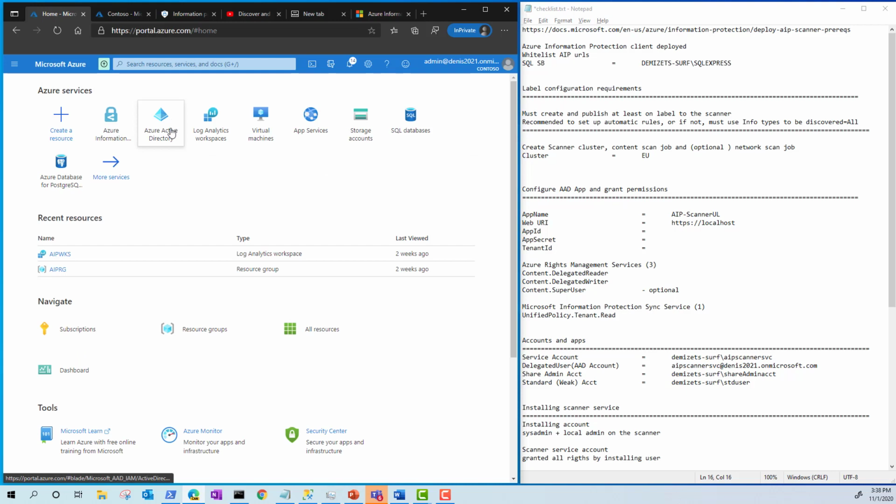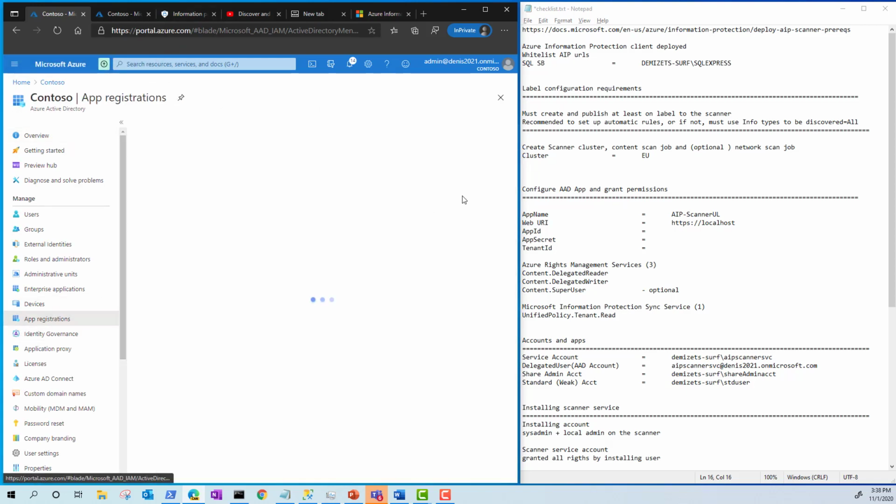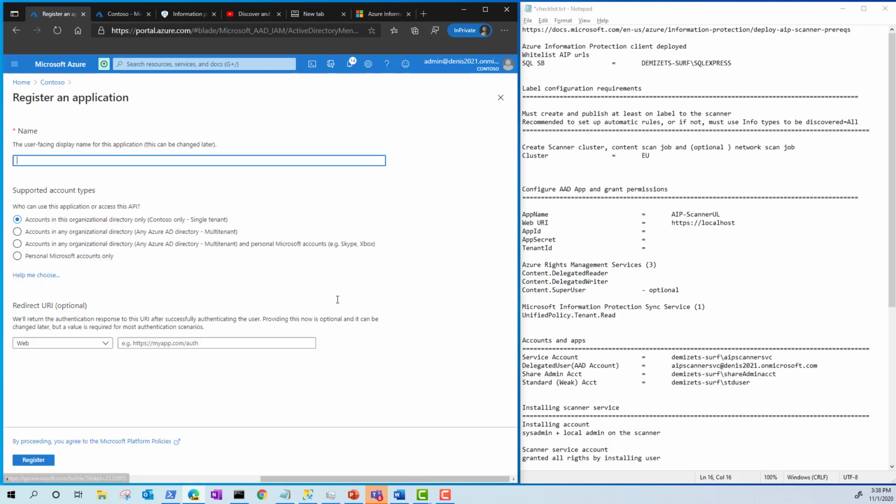The AIP scanner is a service and works in non-interactive mode. To enable this, we must have an Azure Active Directory application registration with the relevant rights granted. To create the AAD app, we open the Azure Active Directory Management in the Azure portal and select App Registrations and New Registration. You can use any name you like for the app, but make sure to select Accounts in